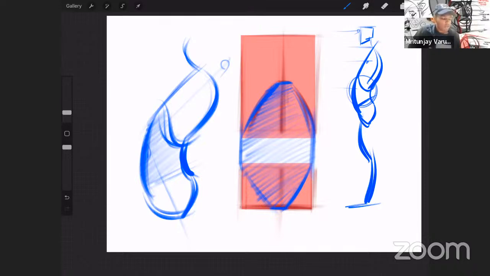So usually what do you do, right? You take a simple box for the rib cage, and you take a simple box for the pelvis, and then you connect them with this flexible piece, the core section. Now we're going to go over a little bit of anatomy on this core section.